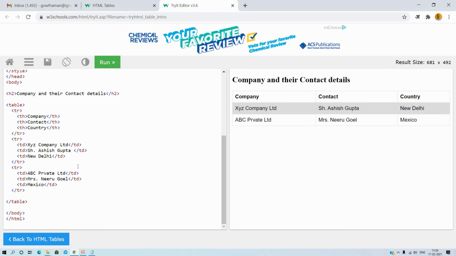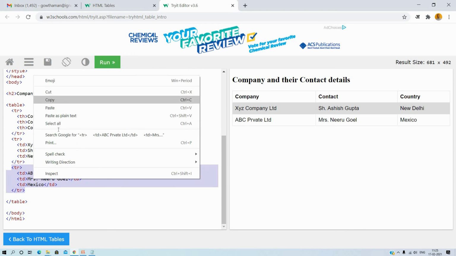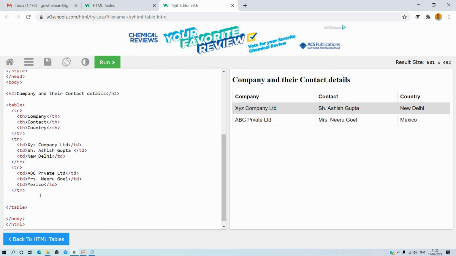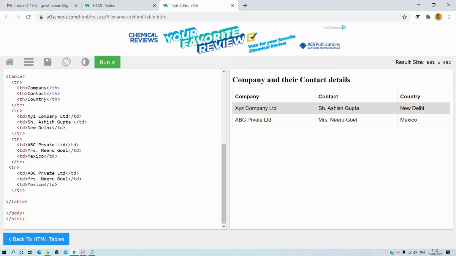So this way you can refer to the existing code, modify it from your side and see the output. This way, as a developer, you can pick up very fast how to make changes to existing web pages, or you can simply copy and paste one more row. What I am doing right now is copying one row in the HTML editor and inserting another record, ABC number 2 Private Limited.